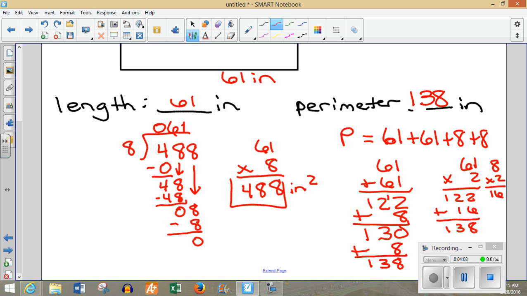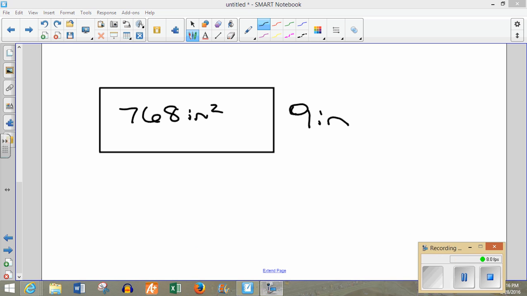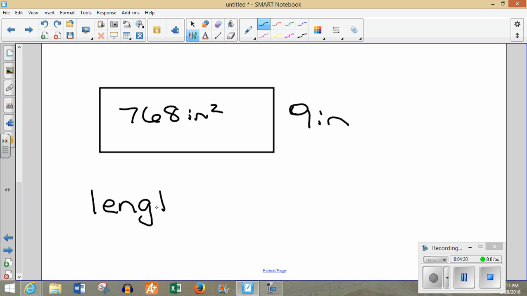A sample is about to follow. All right, this is the sample that you can do at home. You have 768 square inches. So that's your area, and 9 inches is going to be one side, your width. So if you come in anytime this week and can tell me what the length in inches is, and you can tell me what the perimeter is,